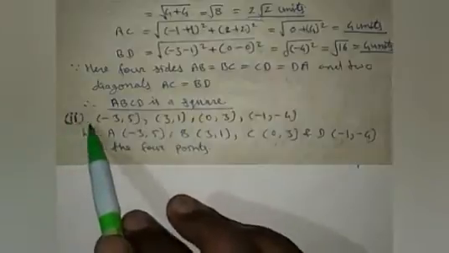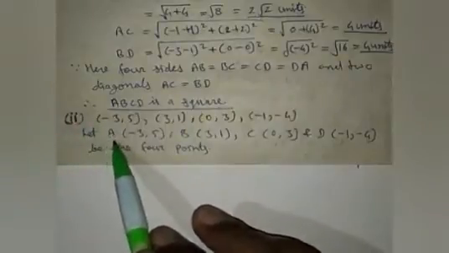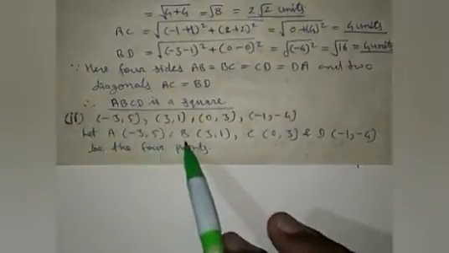So see here 4 sides, AB equal to BC equal to CD equal to DA, and 2 diagonals AC equal to BD. So here 4 sides are equal and 2 diagonals are equal, so it is a square, hence ABCD is a square. Now in second part, let point A be (-3, 5),